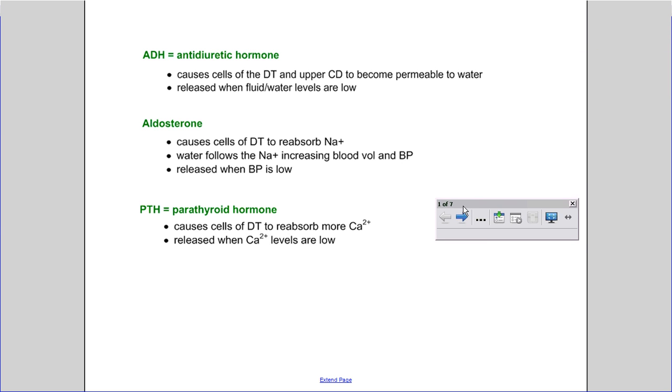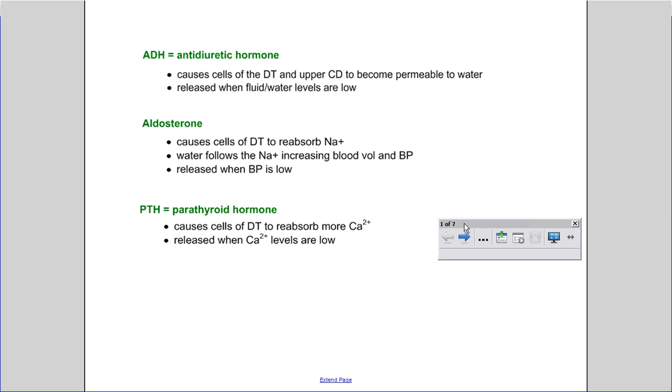Parathyroid hormone is the other hormone that we're going to mention. We're not going to look at it in as much detail right now, but we will talk about it when we talk about the endocrine system a little bit more. So PTH is short for parathyroid hormone. It's released by the parathyroid gland, and its job is to cause the cells of the distal tubule to reabsorb